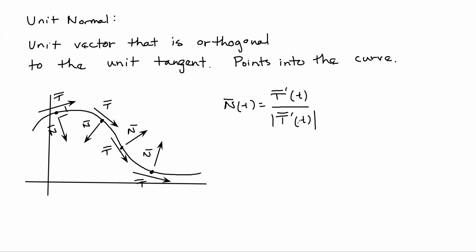It's kind of fascinating, right? To produce the unit tangent, you take the derivative of the original function and divide by its length. And then to produce the unit normal, you take the derivative of that result and divide by the length. It's kind of shocking that it does work that way, but it does. All right, so let's go through, and on the next page, let's prove that